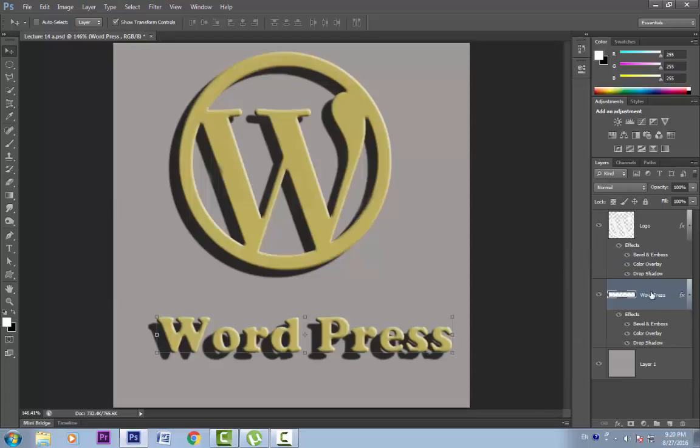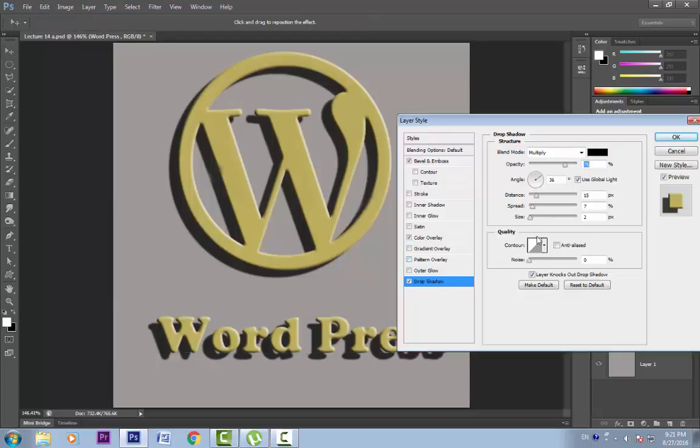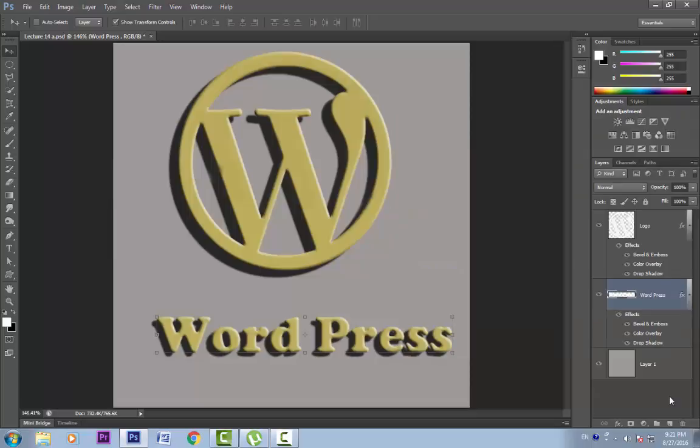Now this layer has independent layer style. We can modify these layer styles according to our preferences. I think the distance of the drop shadow is too much on this layer. Let's modify it. We'll go to drop shadow and reduce the distance. Click OK. Cool. So the layer styles come really handy to polish our creations and add effects to our document.